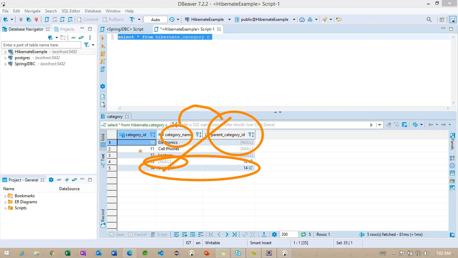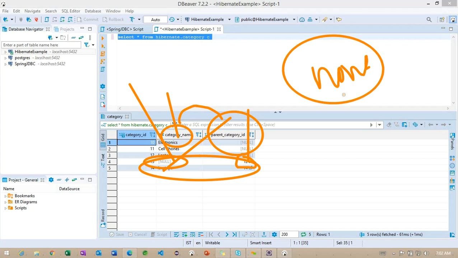What we did here, we did not use any session-related method to save the record. So even though we are able to see the parent category ID, the category name we did not find. So how are we getting this particular parent category? Because of dirty checking we are able to get it, but the name of the category we did not find because we used the cascade type as none.